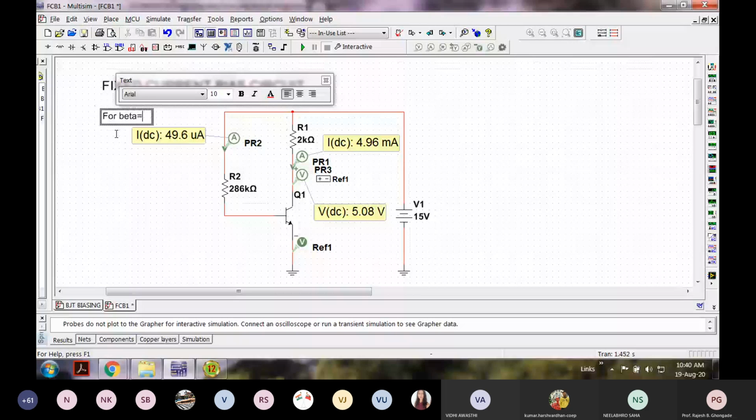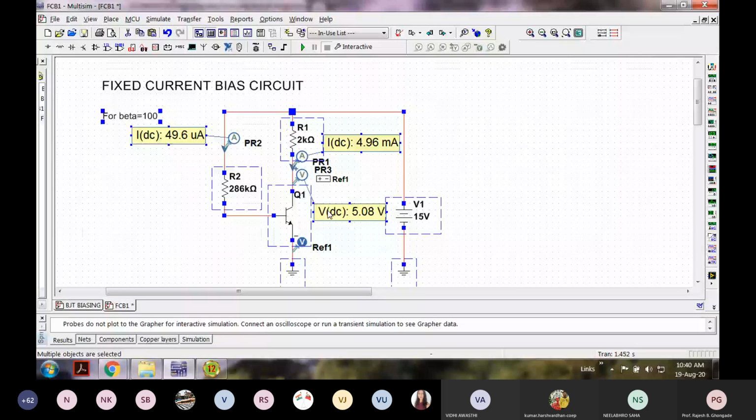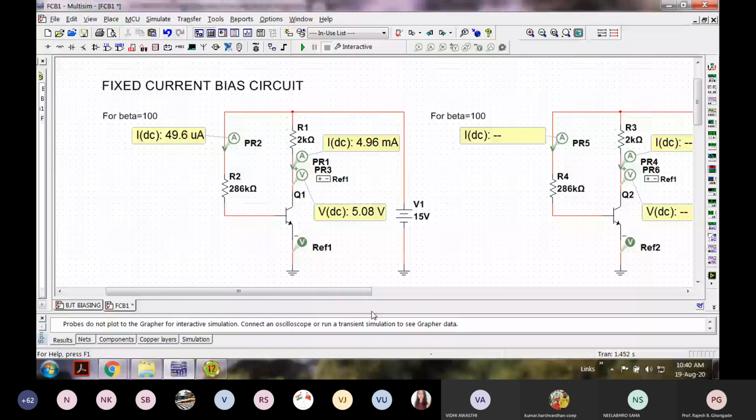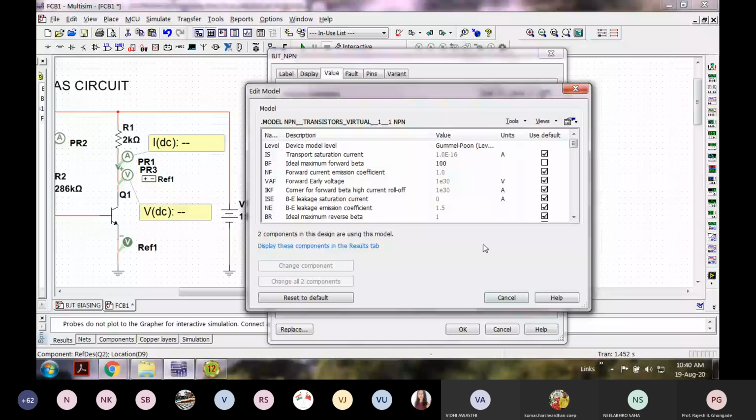Similarly, for this one I'm going to have beta as 50. Change here to 50. Here it will ask to change two components; no, you don't have to do that. Change only one component.